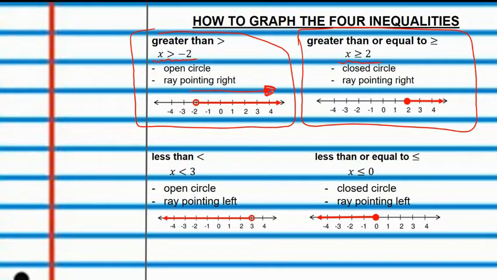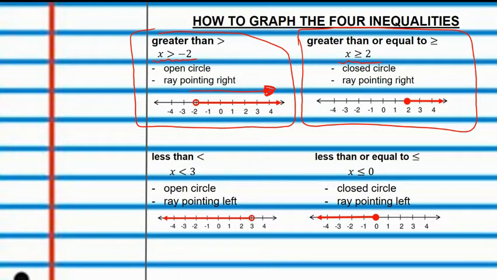The values of x that make this statement true are all of the values except -2 that are greater than -2. Greater than or equal to 2, we have a closed circle and a ray pointing to the right, which means we take all of the values that are greater than 2, but we also include 2